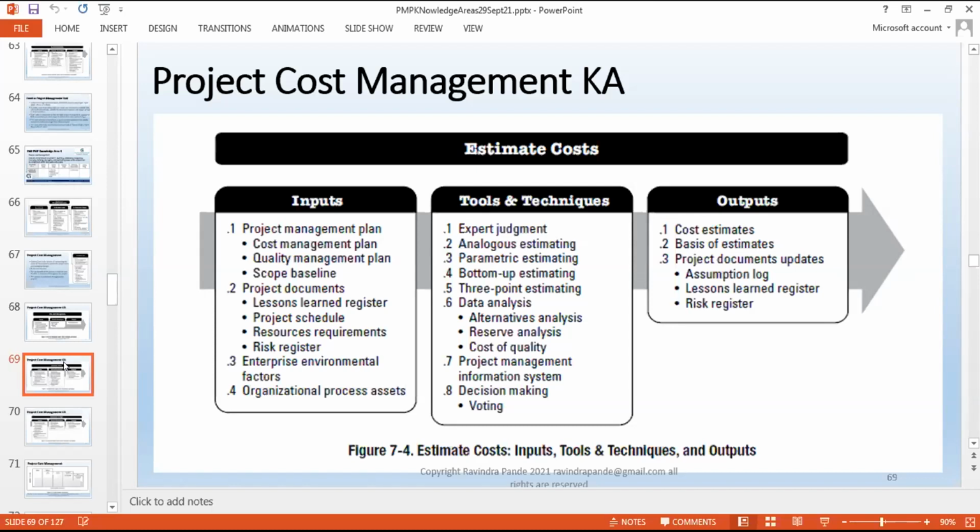Then we try to build a scope baseline to understand how the scope is driving the schedule, resource, and eventually the cost. In those scenarios, we will keep a close eye on how the project is going to progress. If you're in the middle of things, we'll try to understand the history versus future scenario, and we'll try to find out the estimation cost. Does it look real and practical? Because normally there are project managers who stick to theoretical cost estimation, which can